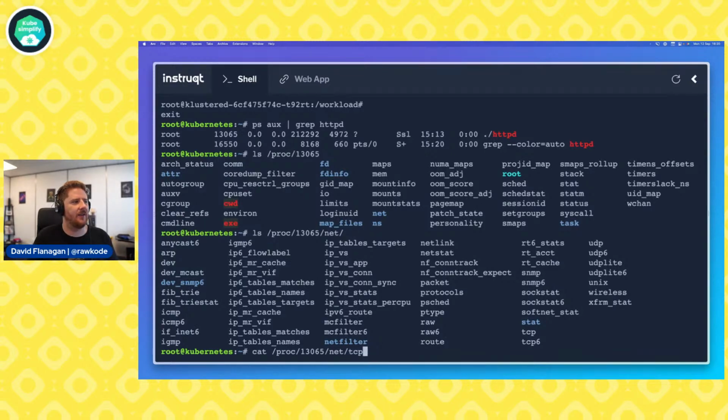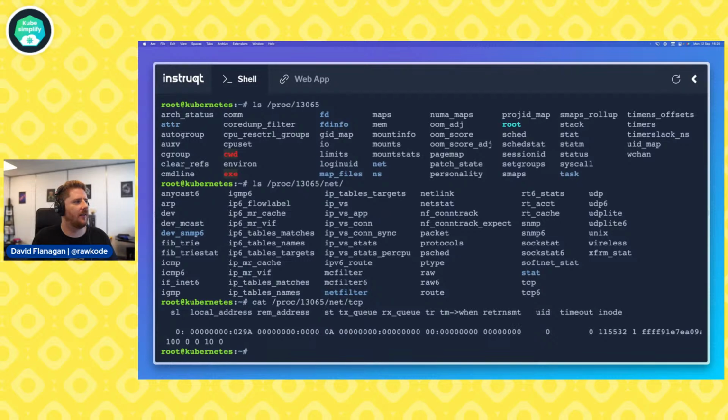Let's try TCP. Yeah, there we go. Now, this is not the most friendly thing to read, but actually this local address is our bind address. And 029A is actually a hexadecimal number. If you convert that hexadecimal number to a decimal number, you will get the port number that our application is running on.